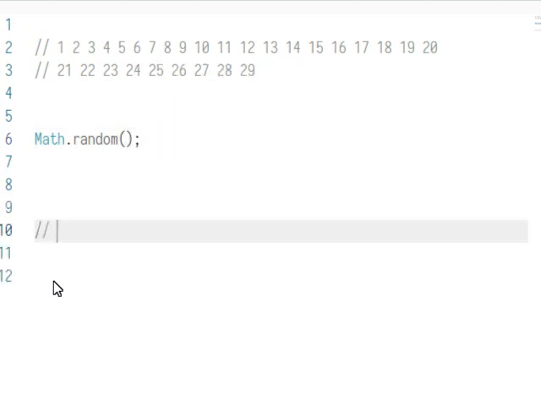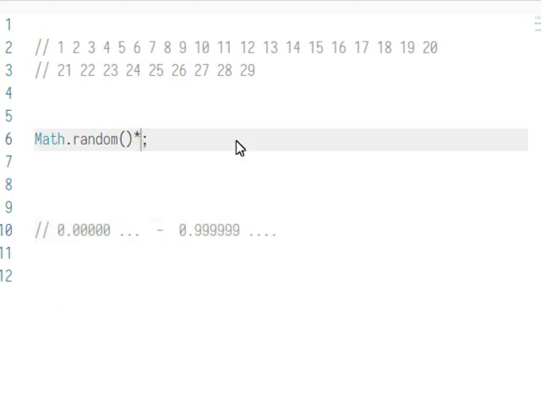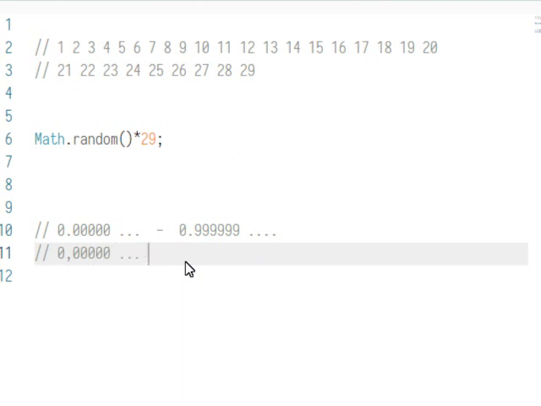This will generate a number between 0.000 and 0.999, however many decimals are used. If I multiply this with the largest value I want, in this case 29, I will get a random number between 0.000 and 28.999, and so on.